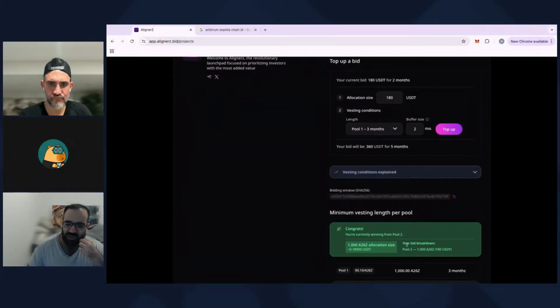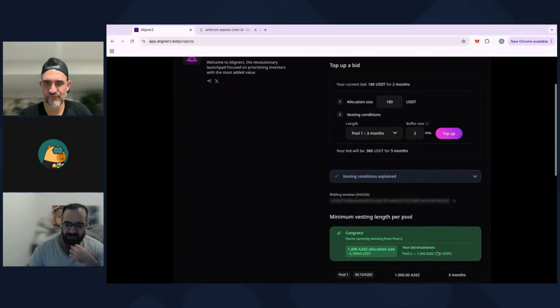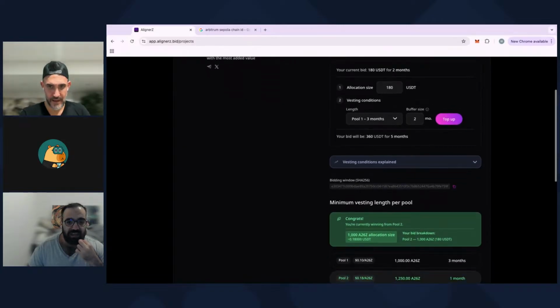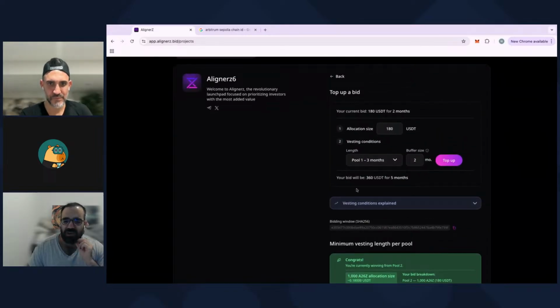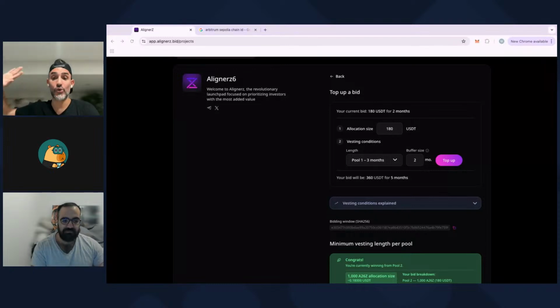I bid in pool 2 for 180 USDT. Can you see my screen here? Now I'm in pool 2, and I'm debating whether I need to top up. I can only have one bid going at a time. It's one bid total, and that's what people genuinely need to understand.